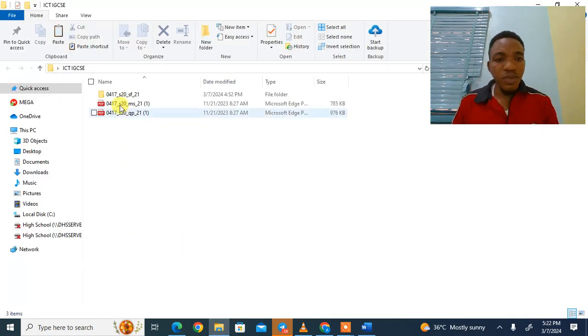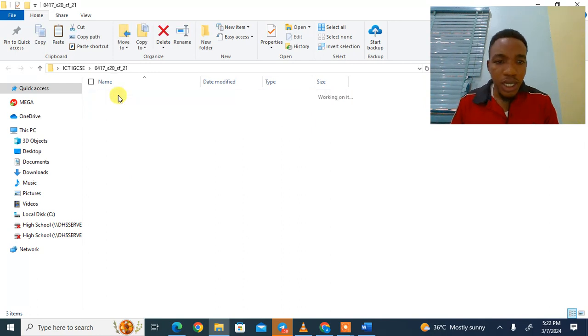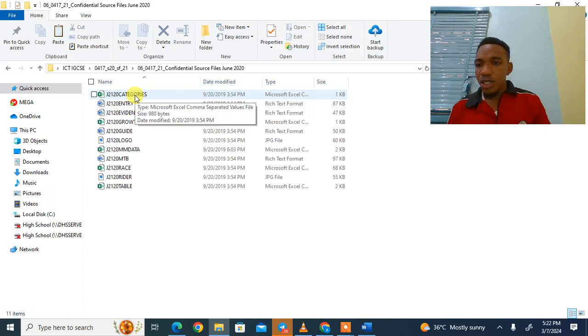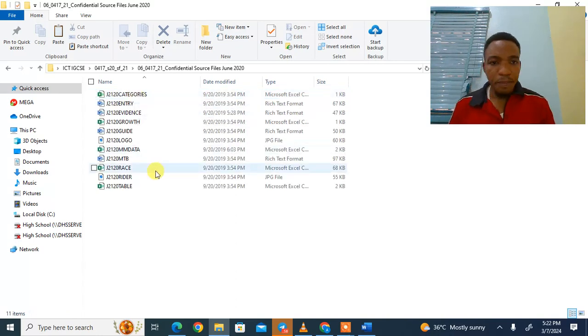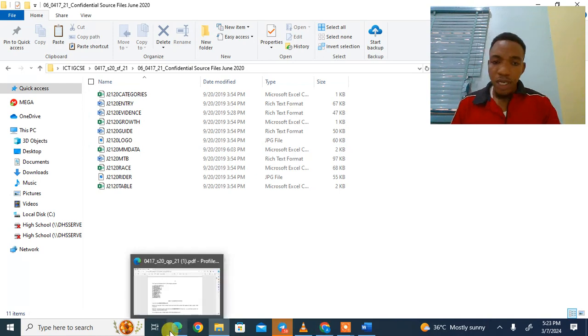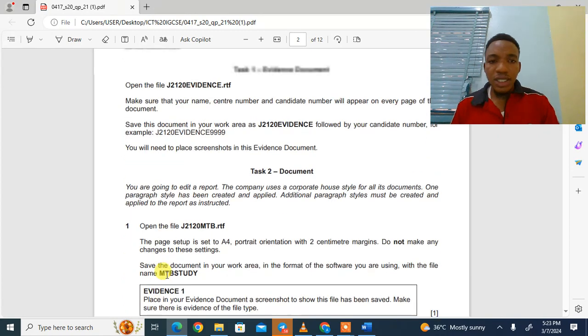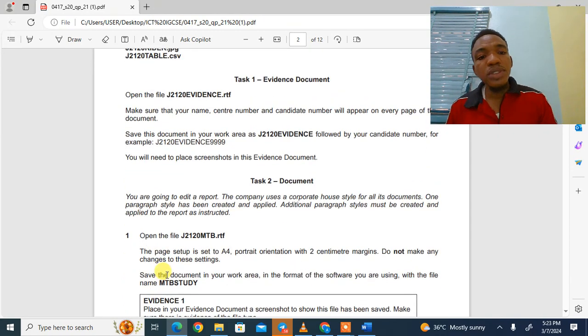I'm going to open this other folder here, and I'll open this confidential source file folder. Now you see all of it in here. What we need for the question paper for the practical exam is all here. So let me go back to the question and let's see what we are supposed to do with what we are given. So the first task that they ask us to do is to open the file